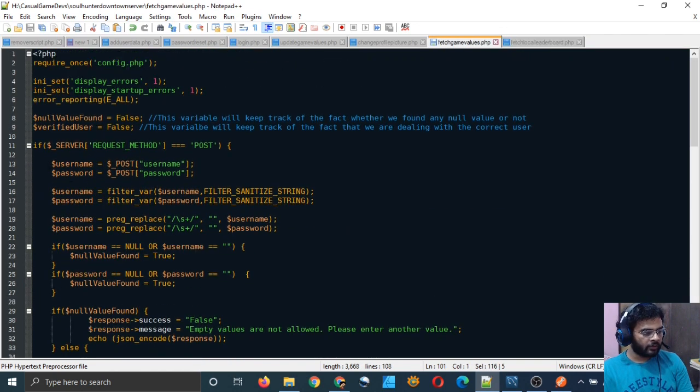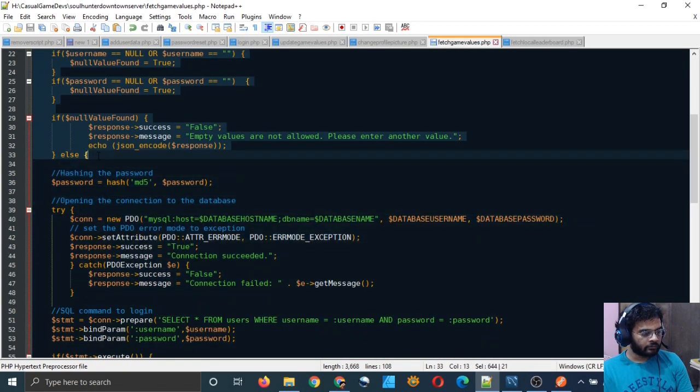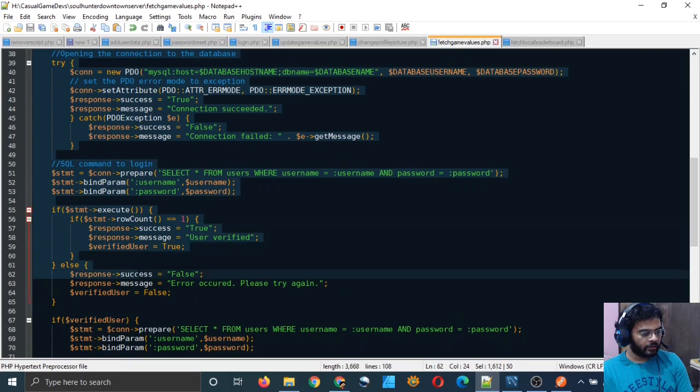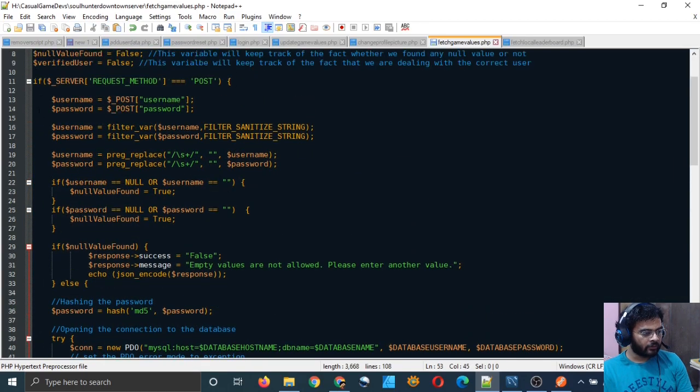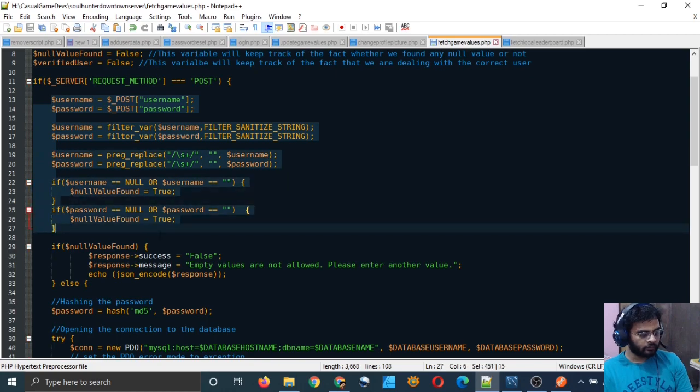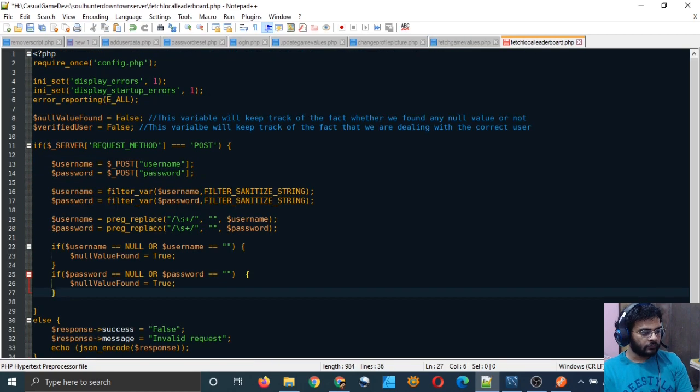So let me just copy this whole thing and all the way till here. You can also copy all the way till here because you have to log in also, but it will become very confusing. So just first copy this block, right?